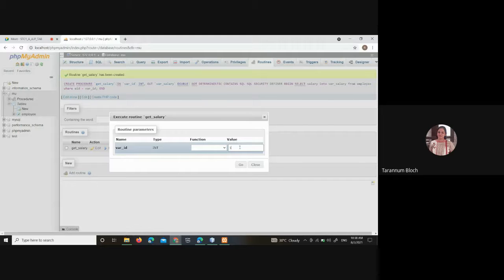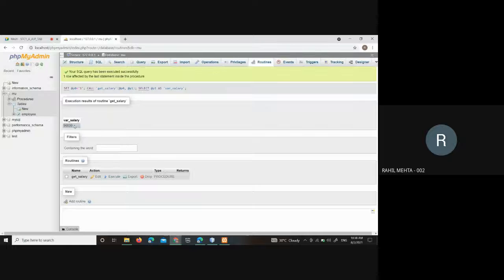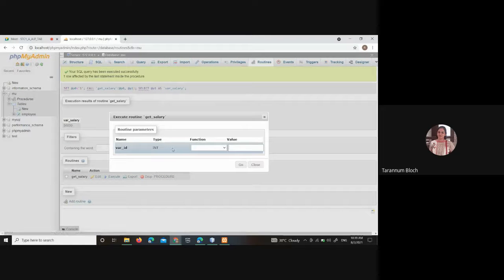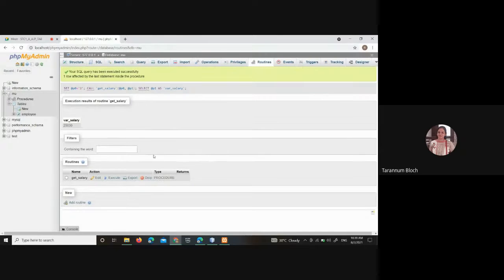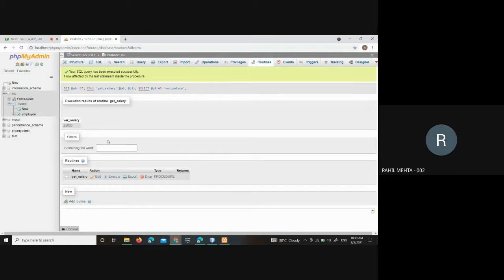It will give you the salary column in the output. Now you can execute a second time. Give 2 this time. It will give you the salary of the employee which you named as Mehta.